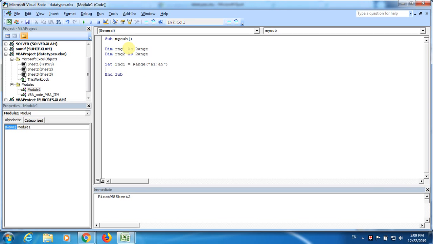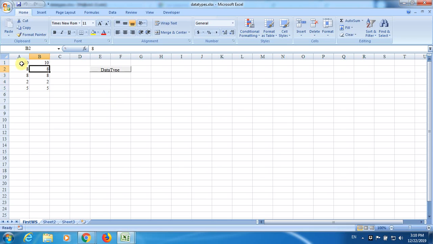Then Set range2 equal to Range B1 to B5. We have values in range1, and we are going to print those values in range2. Range2 is equal to range1.Value. That's it. You don't need to do anything other than this. That's simple. Now when you execute, you see each value